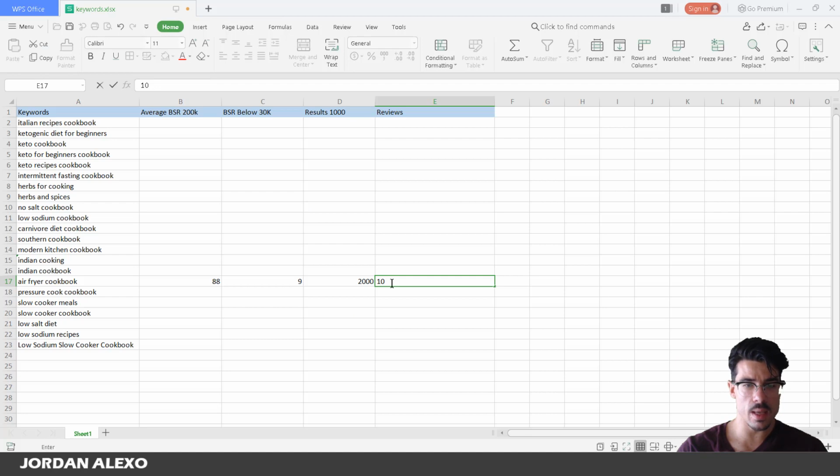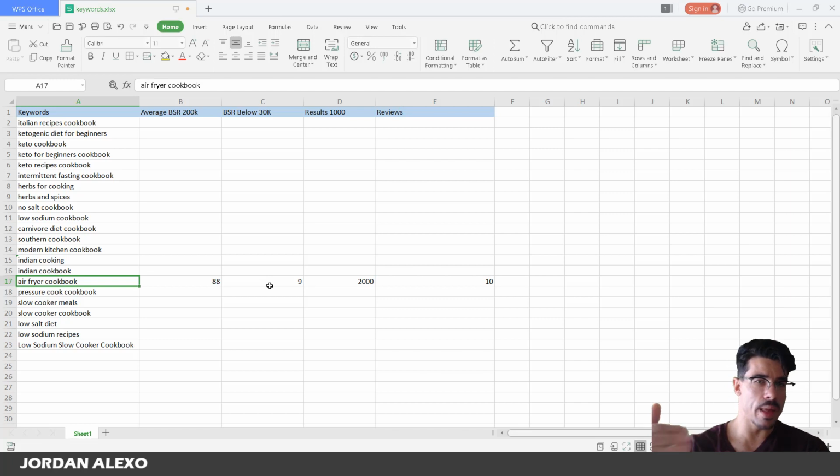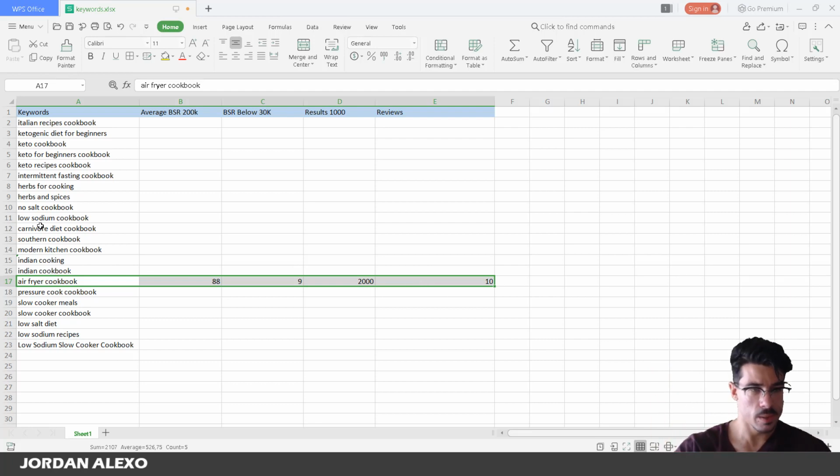Yeah, I would keep this as a book too. This is a profitable book. Authors are performing pretty well, but it's a book that I would go for later down the road. I would publish a book about this after having like 3-5 books in other cookbook keywords. Okay, so I'm just going to